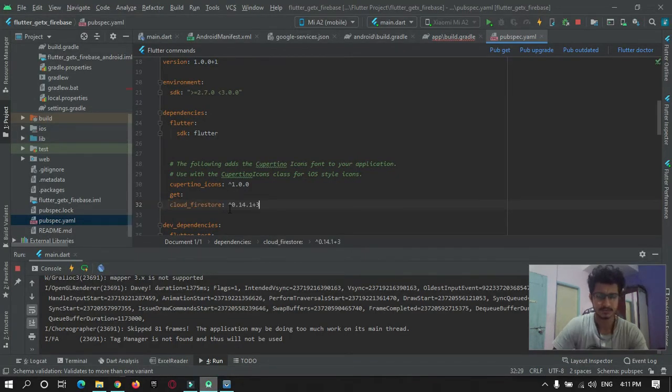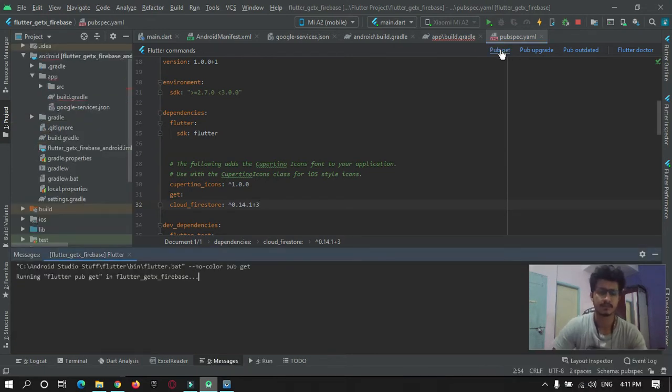Just copy and paste over here, and after adding, just hit the pub get button. As you can see, the exit code is 0. That means the package has been added successfully.